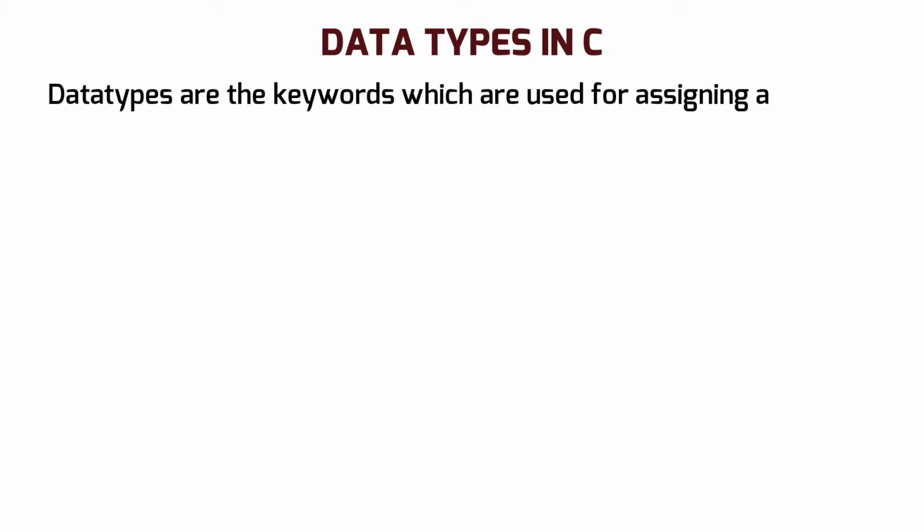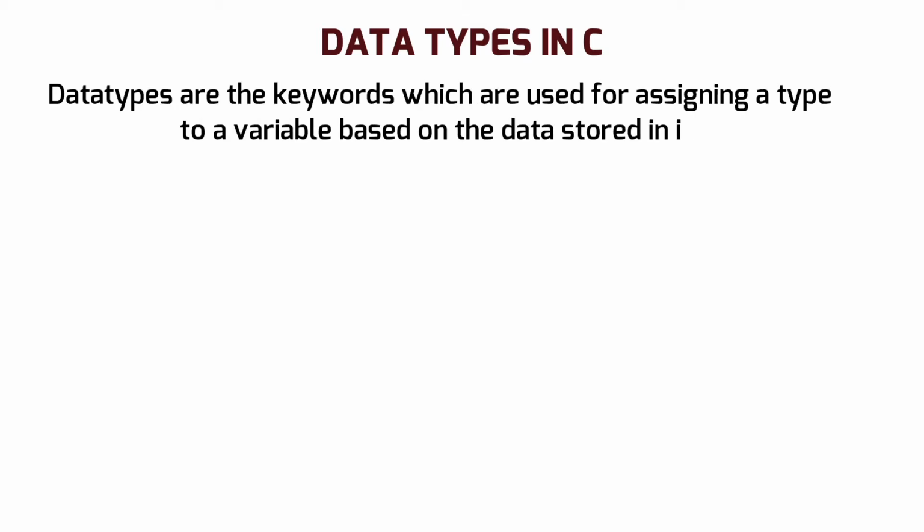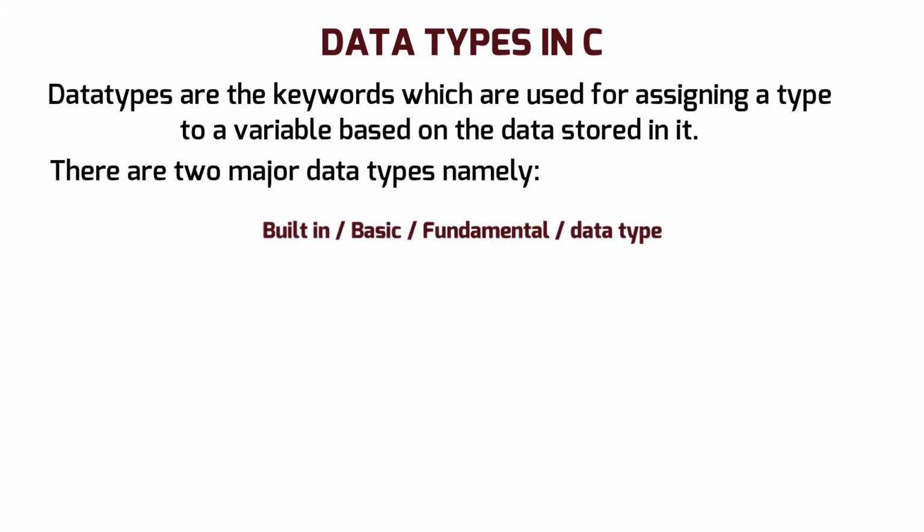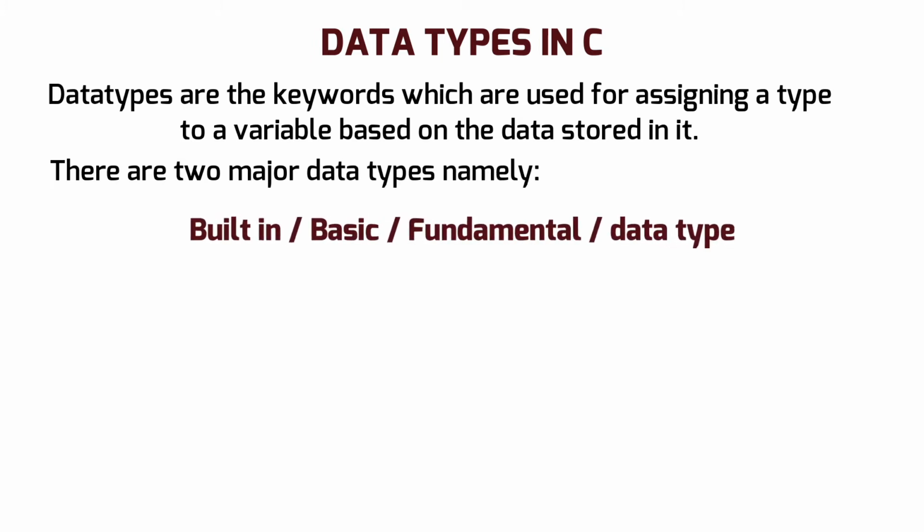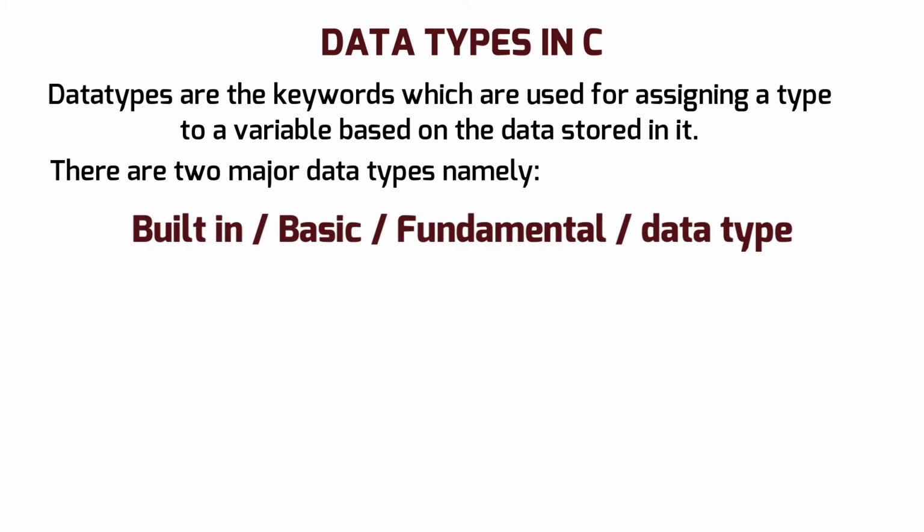In this video, we'll understand data types in C language. So, the different data types in C language. Data types are the keywords which are used for assigning a type to a variable based on the data stored in it. There are two major data types, namely built-in data types, called basic or fundamental,